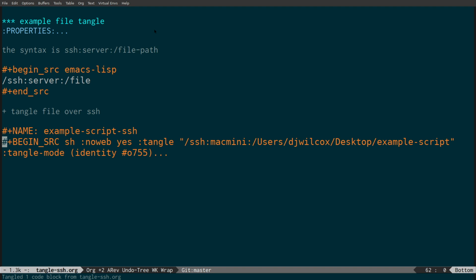So for instance, if you need to set something up on a server, with config files in different locations. In the previous video I showed you how you can manage your root config files using an org mode document. You can do the same thing over SSH. So again, basically the steps: